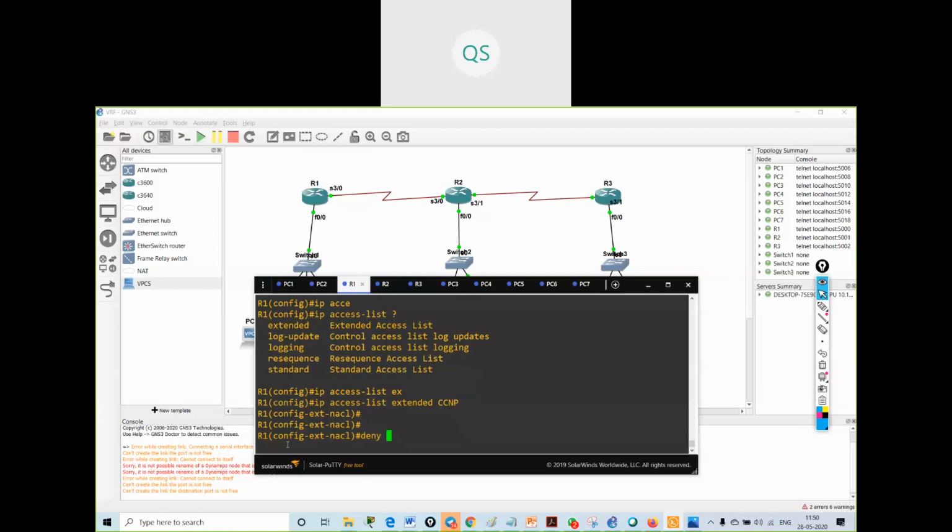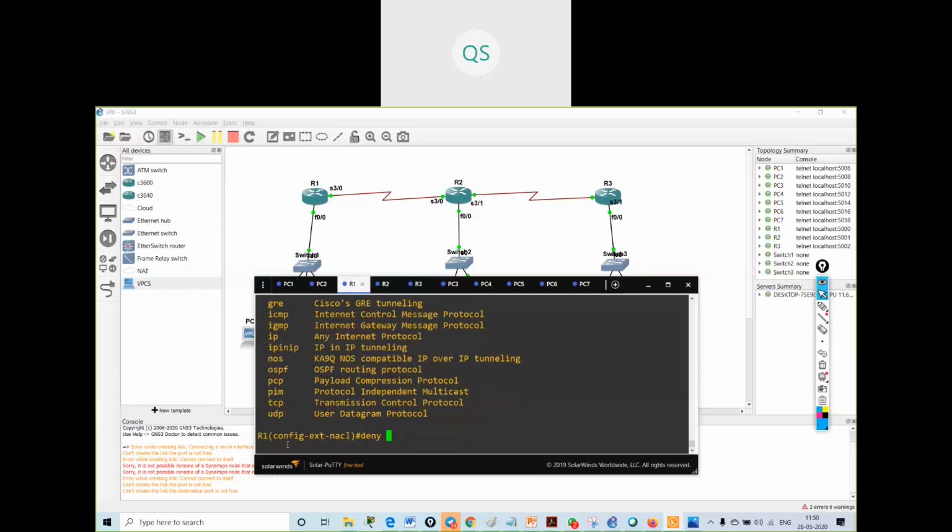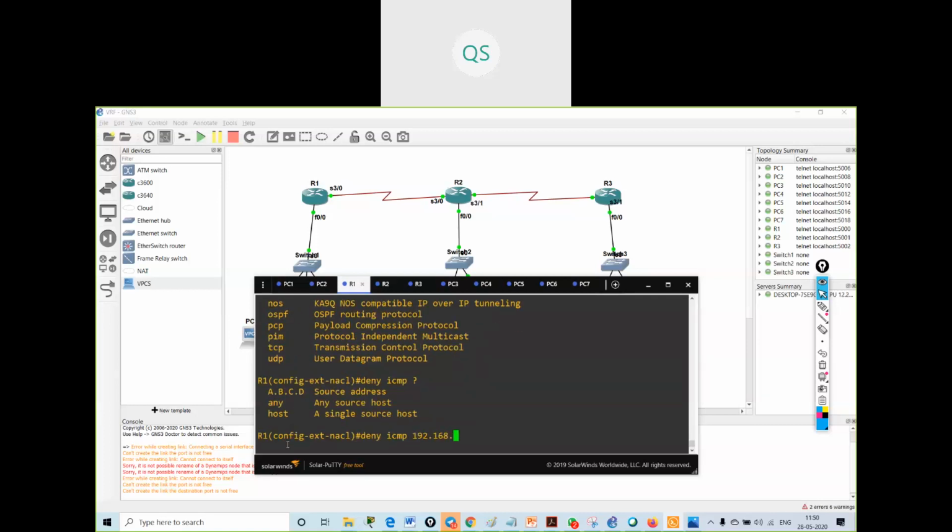I will say deny ICMP, source address 192.168.1.1 0.0.0.0, destination address host 192.168.2.1.